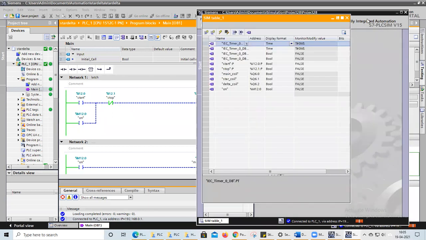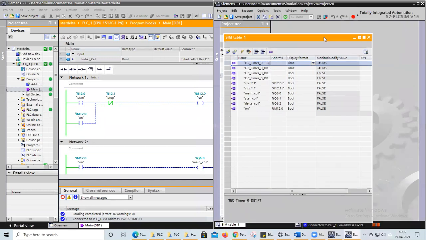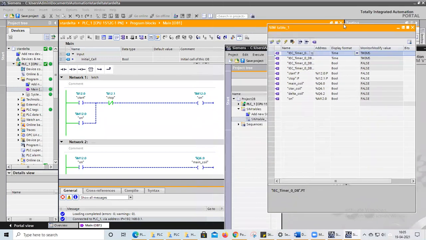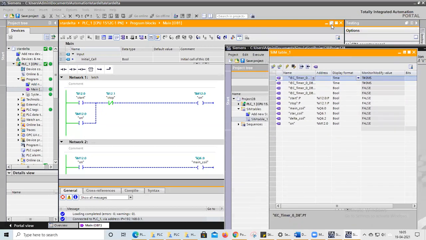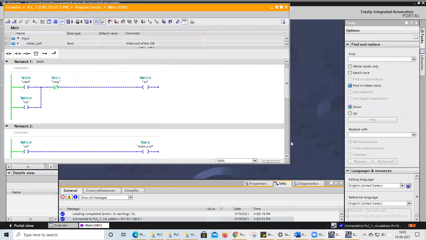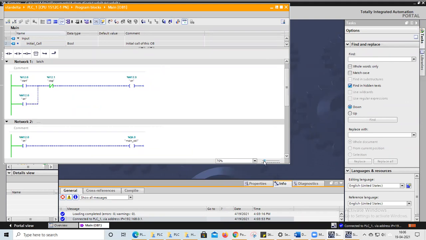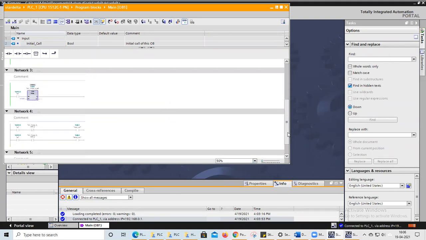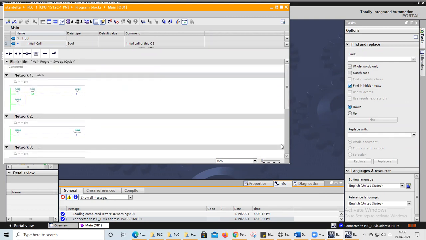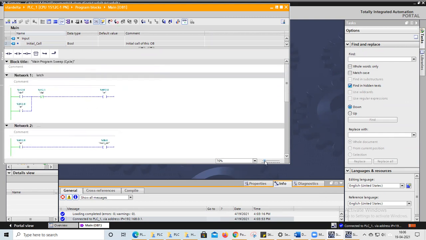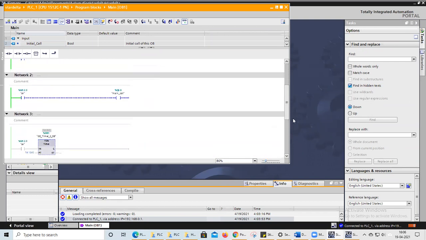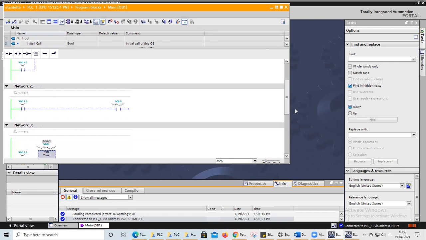Now I'm popping up this one, and just for clarity purpose I'm doing everything so that we can see. I'm reducing the size here so that we can see the complete circuit at one time, but it's not happening. Okay, it's okay. I will show you. Okay, part by part we'll go.